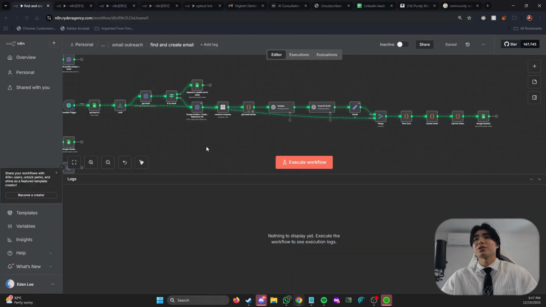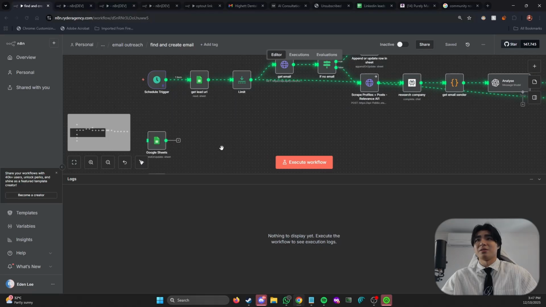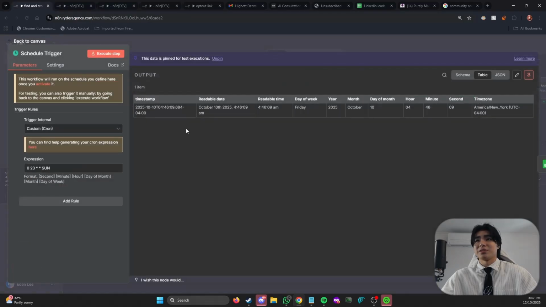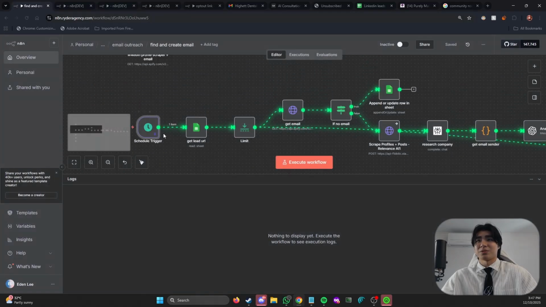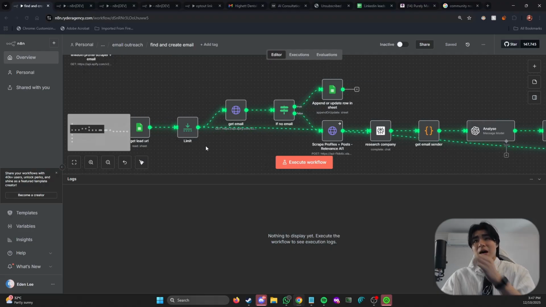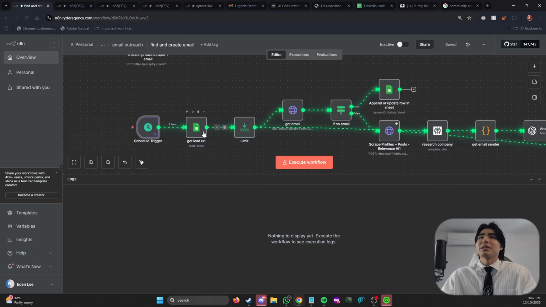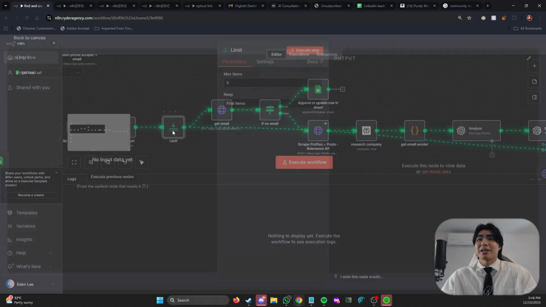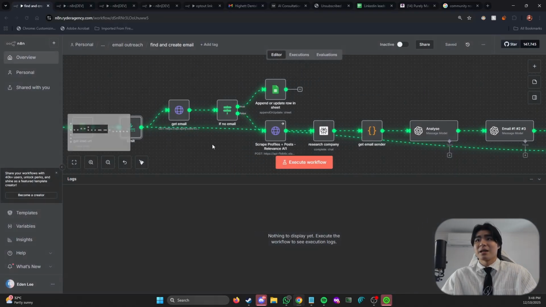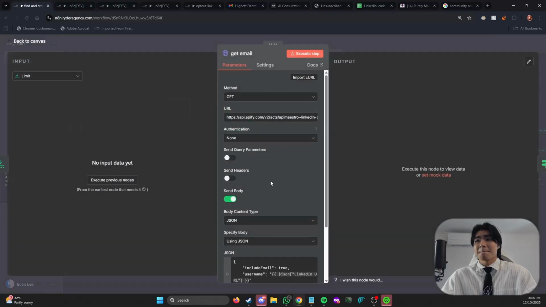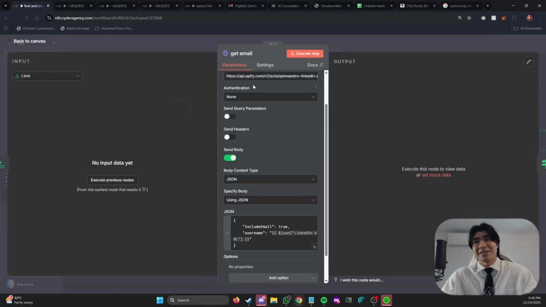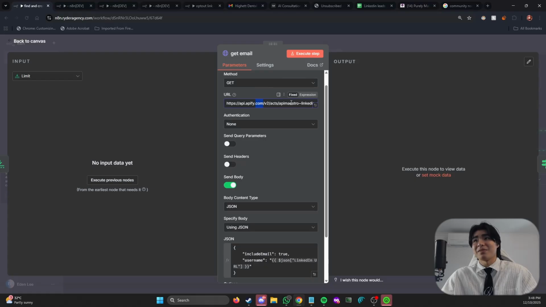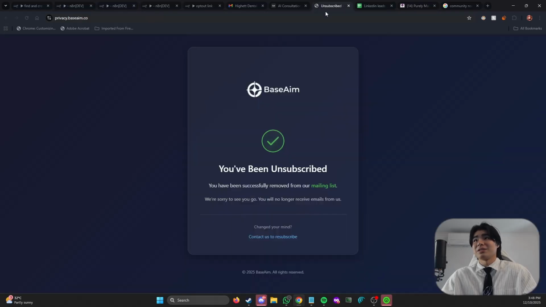All right, so let me show you the find and create email approach. Right, so there's a schedule trigger that goes through every 2 days, pretty sure. And then basically we get the lead URL, and right now I've limited it to only 5, and then we get the email, right? So this is pretty inefficient, right? I'm using an Apify. Let's see if I can just copy and paste this. I don't want to show my